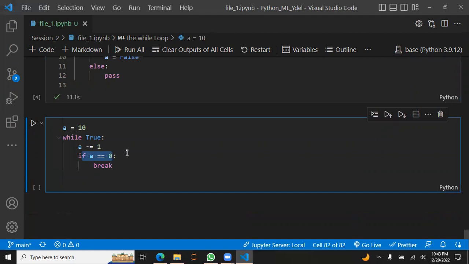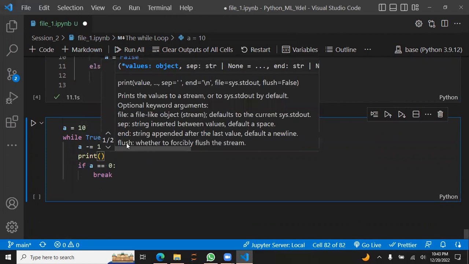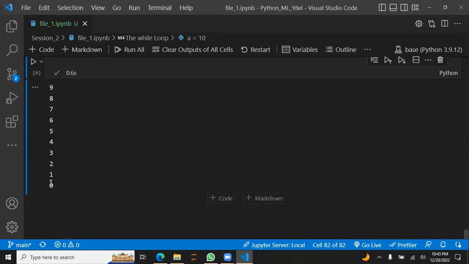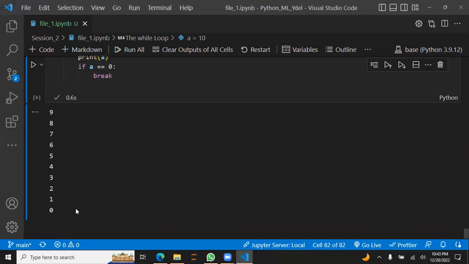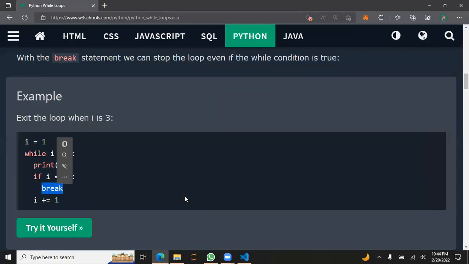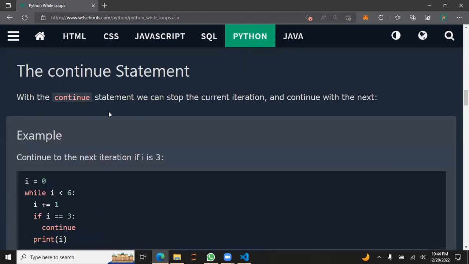Here you could see what's really happening. Print a. So if I run something like this, see, as soon as it reaches 0, the statement will check if a is 0, it's just going to break this loop. So this keyword is good to stop the loop. Continue is just like,